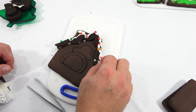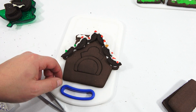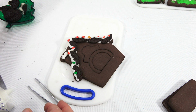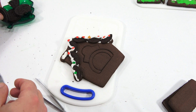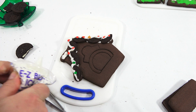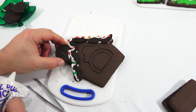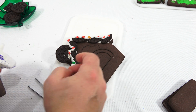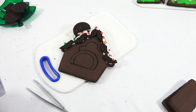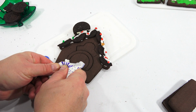It's sticking to my fingers. Well, we're going to make this whole piece the chimney right there. Let's get a little more goose glue in here. It's a big chimney chalet. Did you see the chalet video, by the way? I kind of like how they did the front, so I'm going to try to emulate that, but